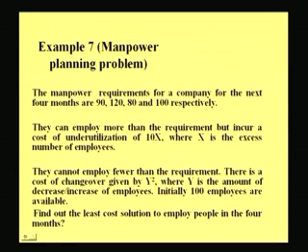Now, this problem is a typical manpower planning problem. So, the problem is as follows. Manpower requirements for a company for the next 4 months are 90, 120, 80 and 100 respectively. They can employ more than the requirement in any month, but if they do so, they incur a cost of underutilization. Now, this cost of underutilization is 10 times x, where x is the additional number of employees over and